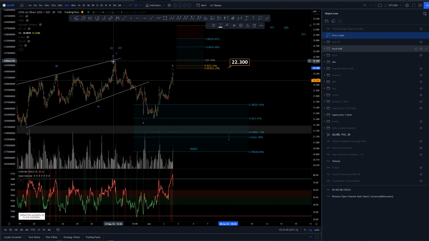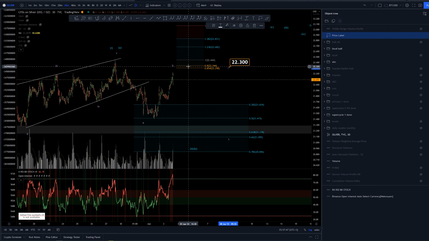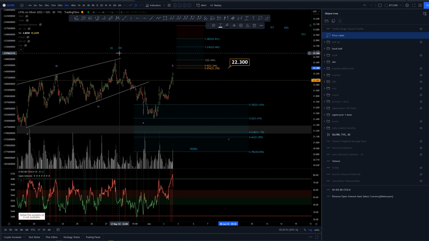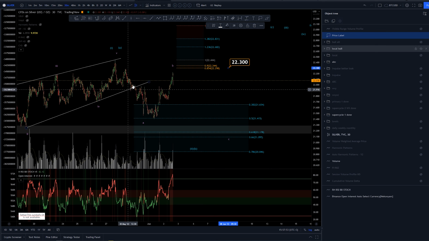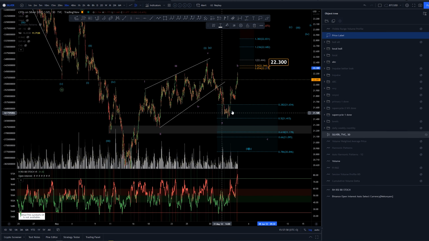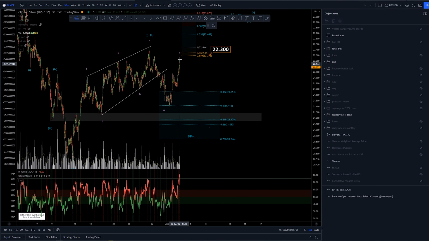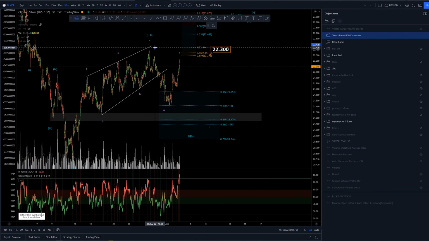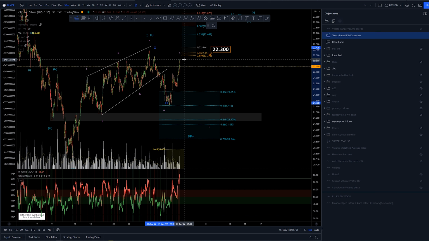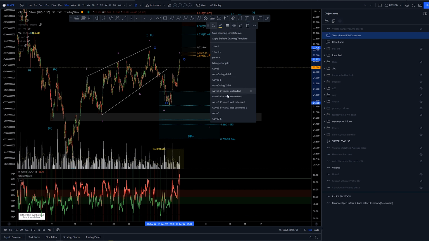This is just because the wave B should not get to the 85.4 retracement of this first leg in a zigzag, and that is what we're looking for. Again, for the C wave, we're looking for 5 waves. Now, where do we expect that to go? If we have this as the high, let's check that out. The extension here, wave C,